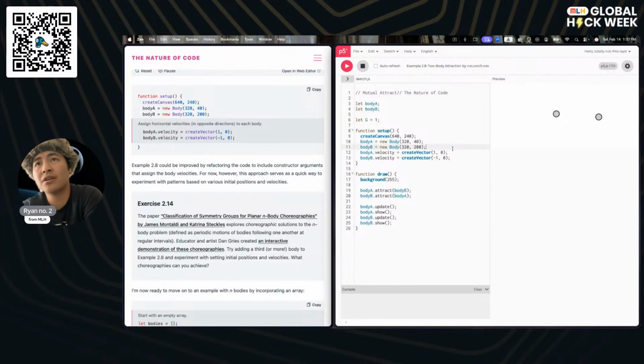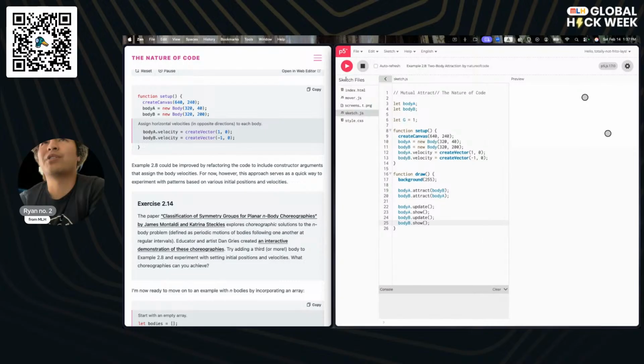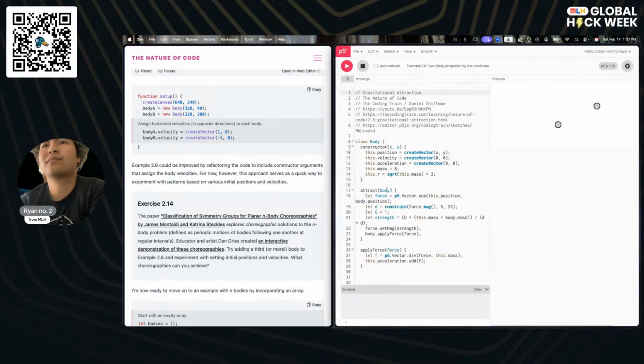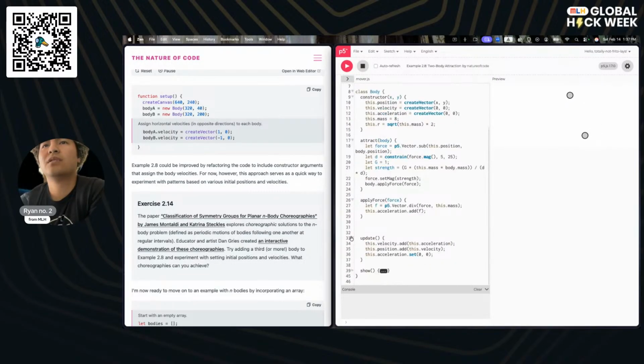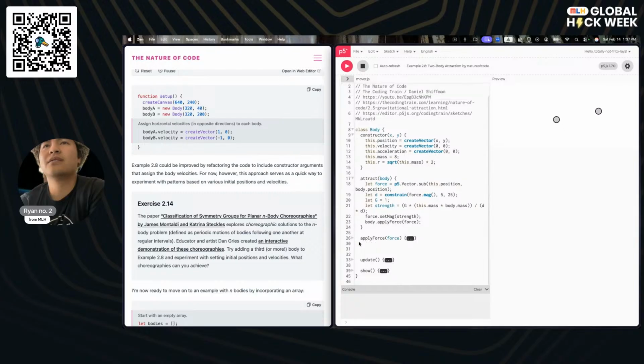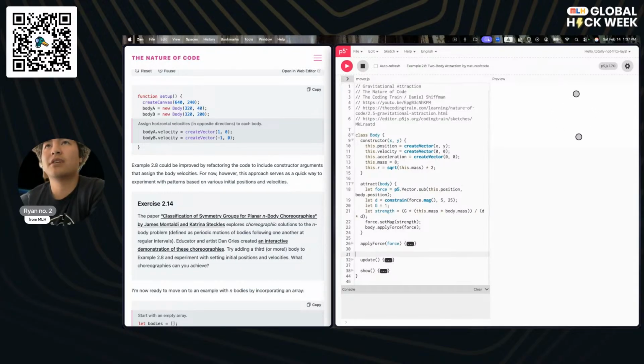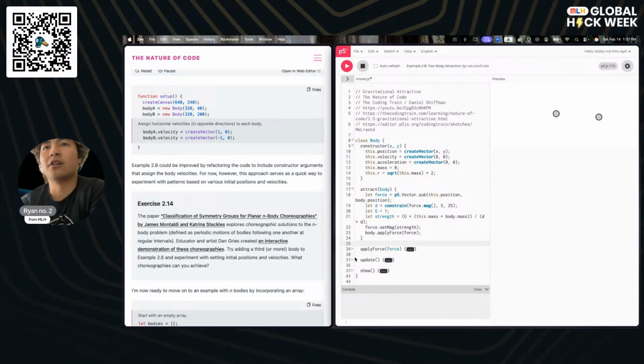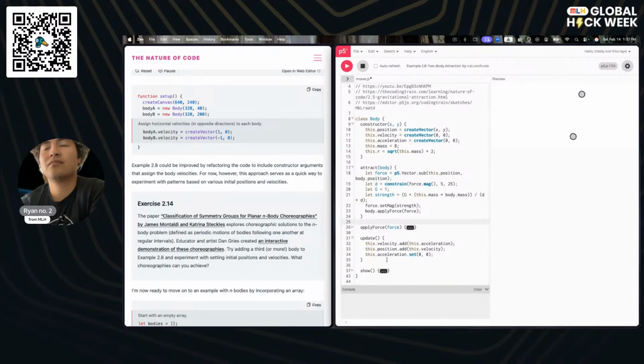So we're creating a new body, okay? And then we give it an initial velocity, okay? And then there's a little bit of attraction, and then we just apply movements, okay? And then in here, let's hide these. We've seen apply force and apply updates, and update pretty much all the time. Acceleration.set.